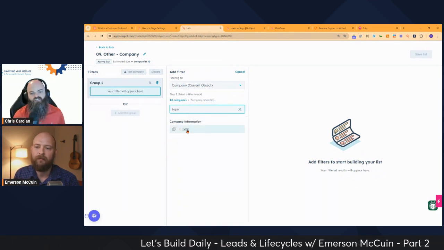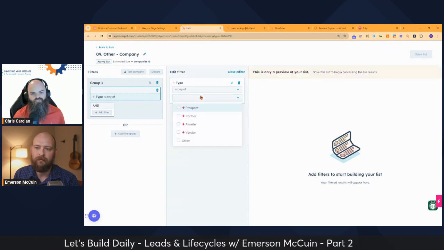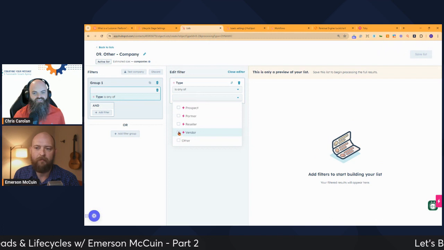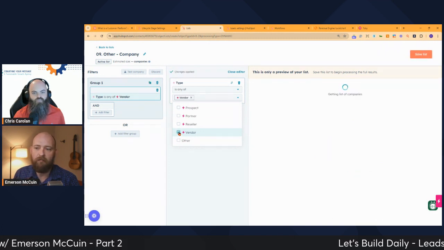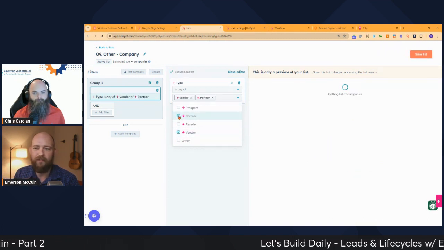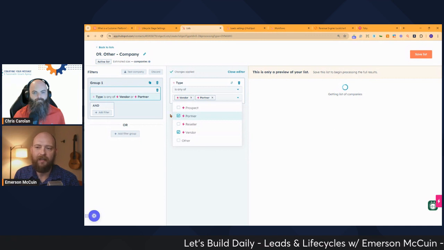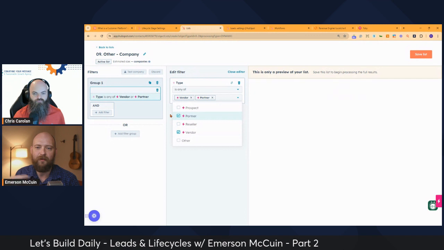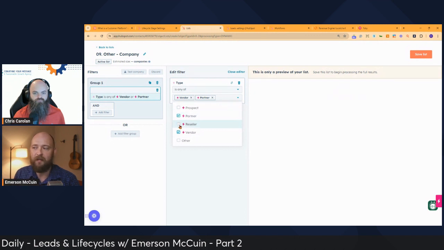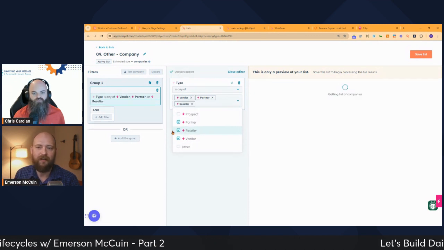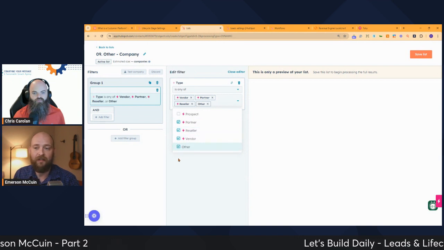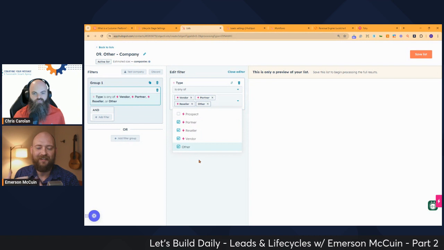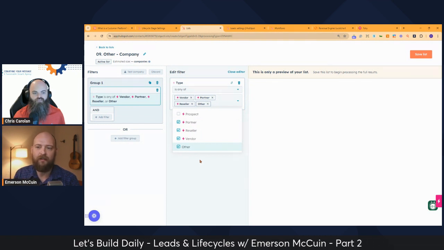Okay. So if we have type, we can just say if they're a vendor. You may want partner. It really depends on your own business. But anything, any records that you have in your system that you can tag it to, it might be industry. There's a lot of different ones. We don't sell to this particular industry. For some reason, there's a lot of contacts or companies in our database. Let's get those to other lifecycle stage.